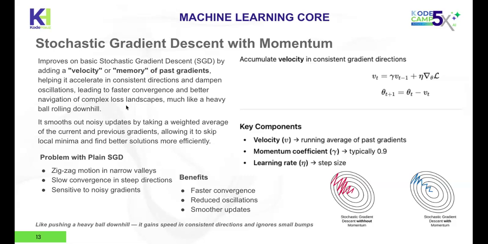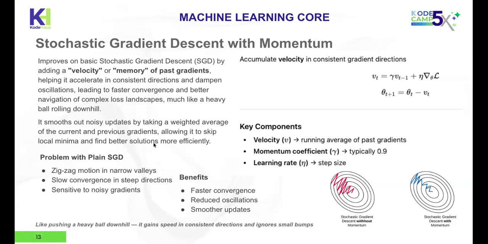What I'm giving to you is the sequence historically, the sequence in which these things came up and how they were improved by researchers over time. So we started with gradient descent, then we did stochastic gradient descent. Now we added a momentum velocity factor, just to help, take note of that, right? So basically, it takes a weighted average of the current and previous gradients, allowing it to skip local minima and find better solutions